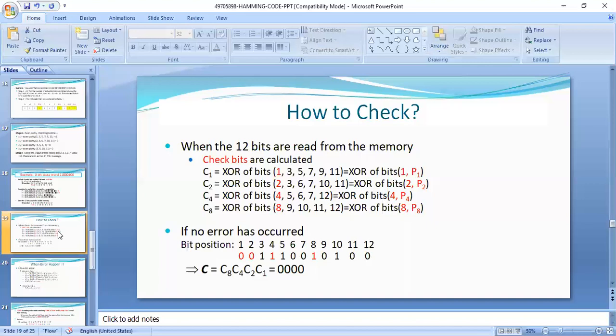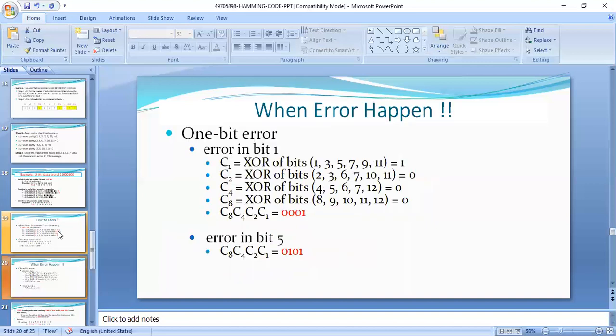In which position is the error? First position. In the first position, what do we have here? 0. What do we have to do? Just replace 0 by 1. If the decimal equivalent of the parity checking is 1, we have an error in the first position. Or else, if the parity checking bits C8, C4, C2, C1 are 0, 1, 0, 1, what is the decimal equivalent here? 5. It means an error occurred in position 5. So we are detecting the errors here.